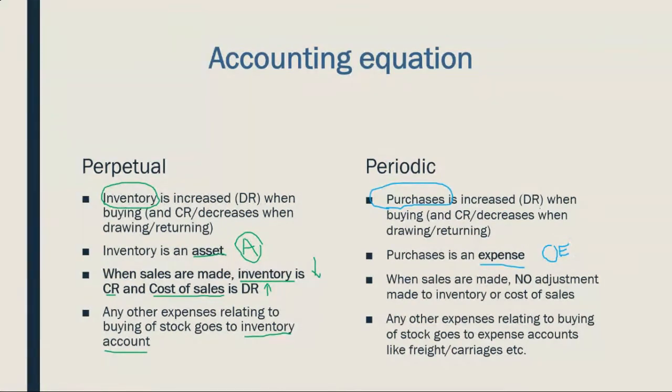So purchases is increased by a debit when we buy something, but when we take inventory out of stock by the owner or we're returning some of the inventory, then we will decrease the purchases by crediting that account. So purchases, if we buy it, would increase your owner's equity. I'm just going to write here buy. And if you return something or you remove it,